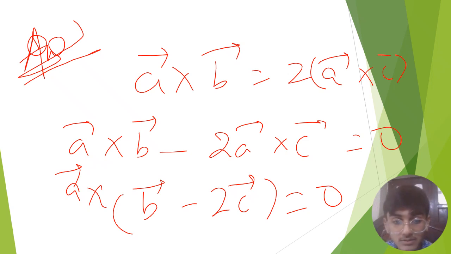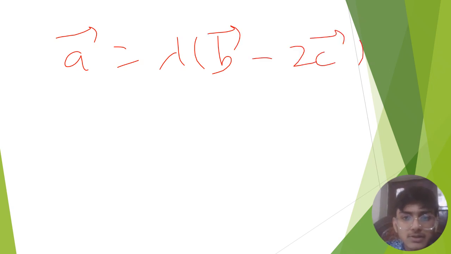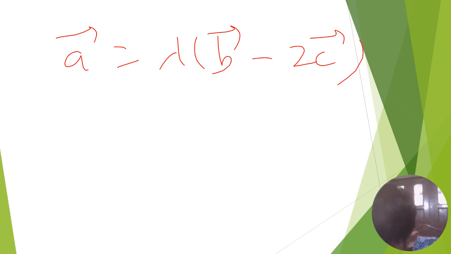It means these two vectors are parallel to each other. So we can write this in this way: A vector is equal to lambda times (B minus 2C) vector. Don't take this lambda as 1 right now, because it can be any scalar value. Okay, we are not sure about it. Now it has been given that